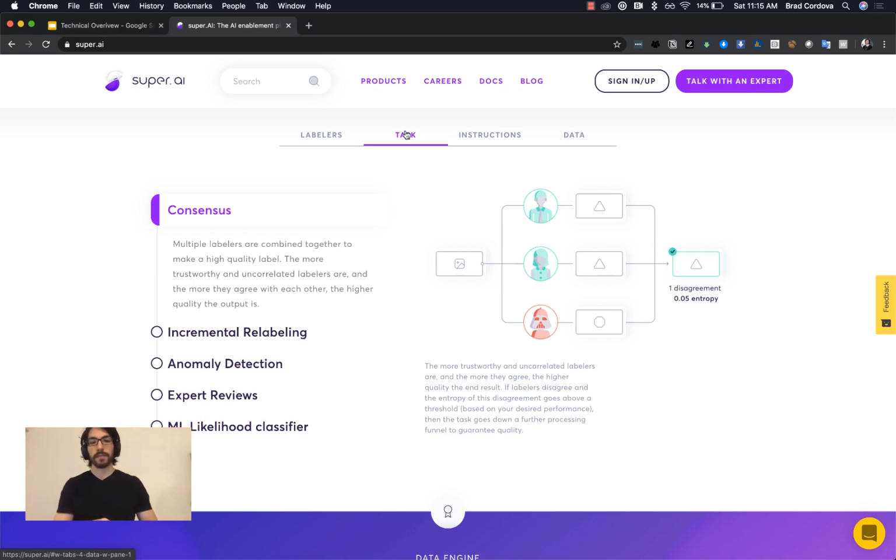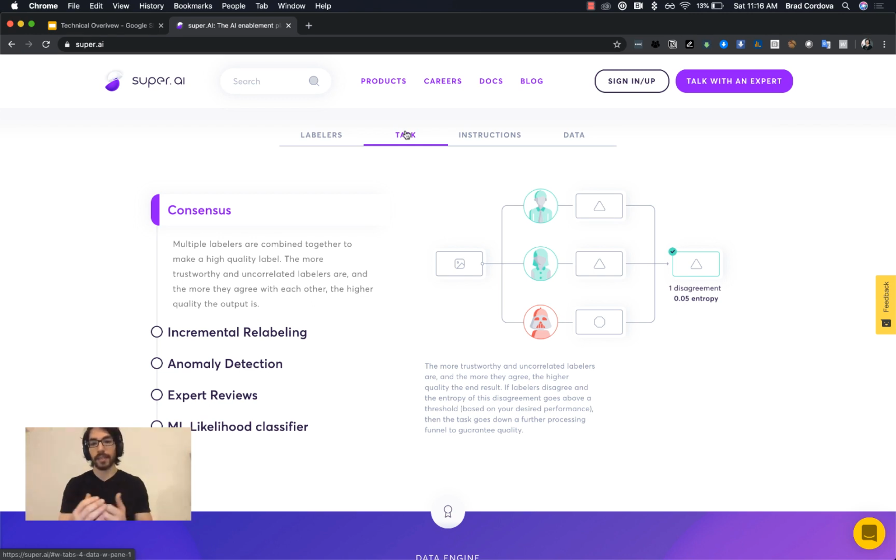To increase quality, you want to not only measure the quality of each labeler and how many labelers there are, but you also want to measure the correlation between the labelers. Because if all your labelers, even if they're really high quality, always answer the same thing, combining them isn't going to give you any benefit, right? You want them to be as orthogonal